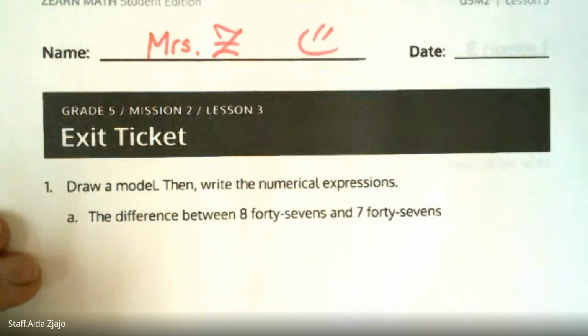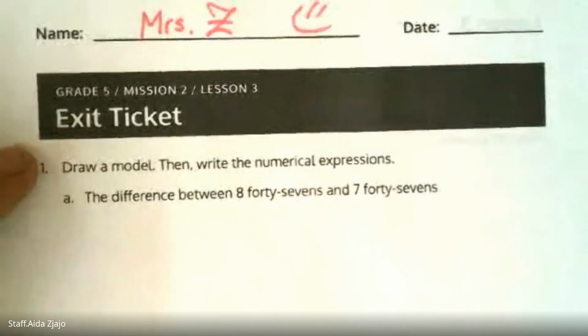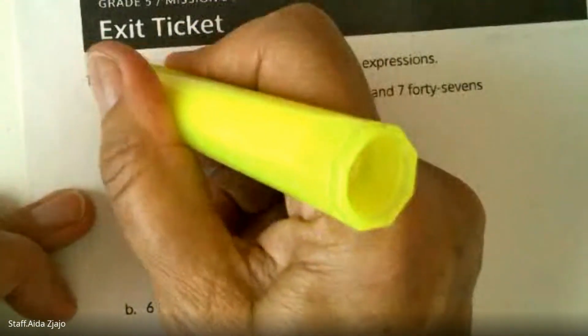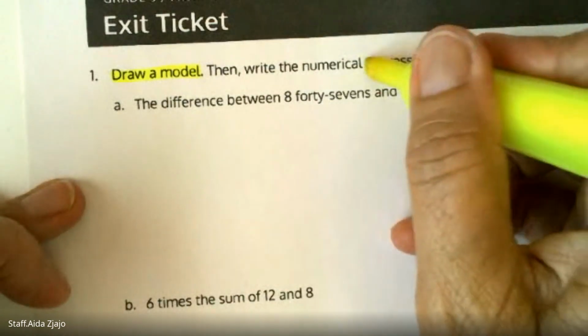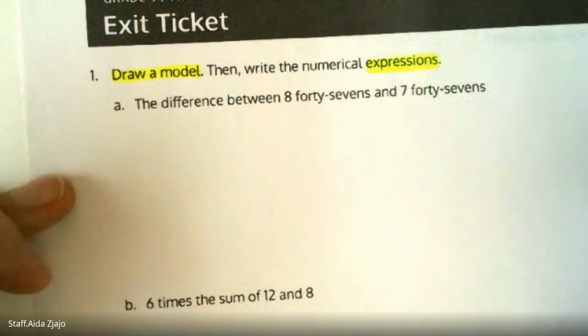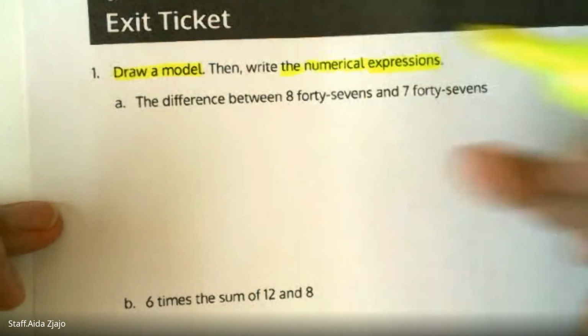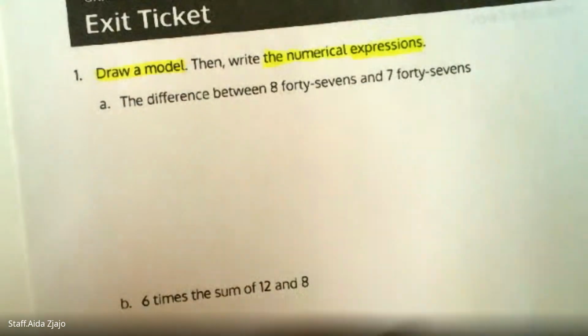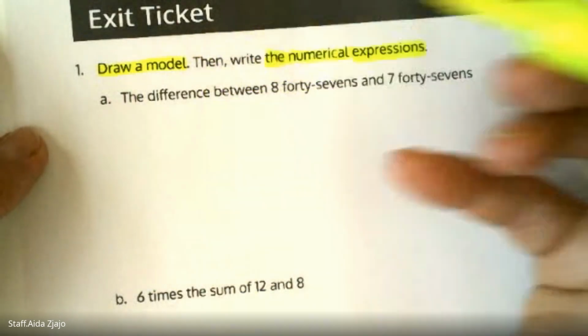Okay, guys, this is grade 5, mission 2, lesson 3, exit ticket. Draw a model. Then write numerical expressions. Numerical means they are numbers, no letters. And draw a model. The difference between